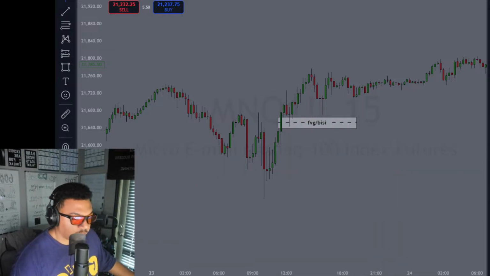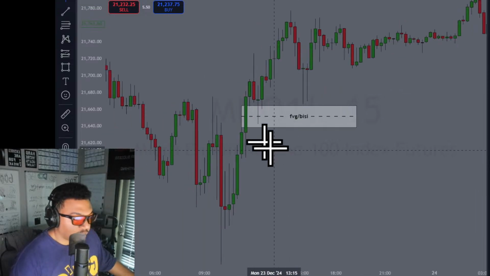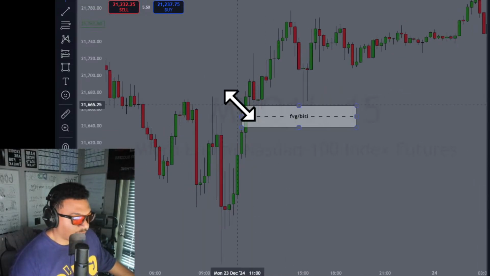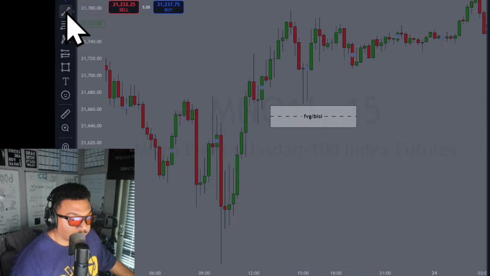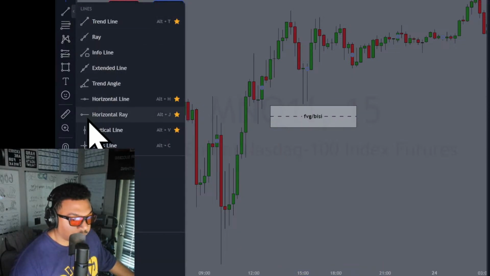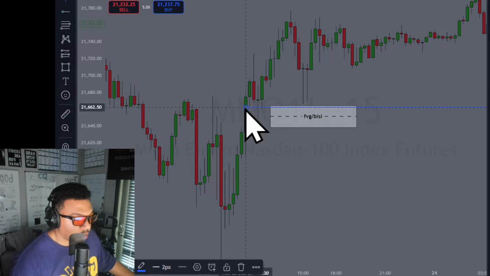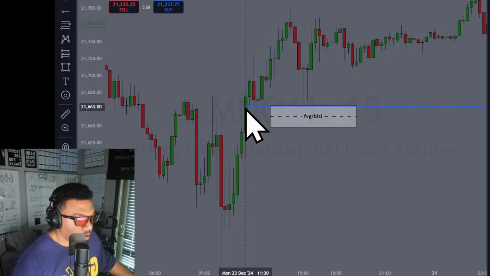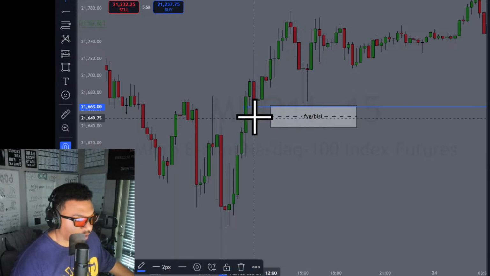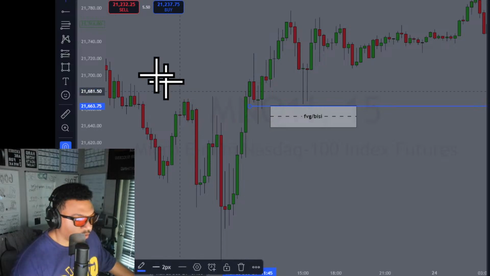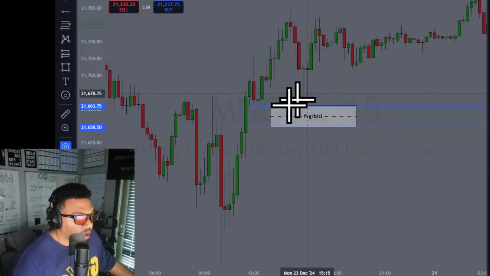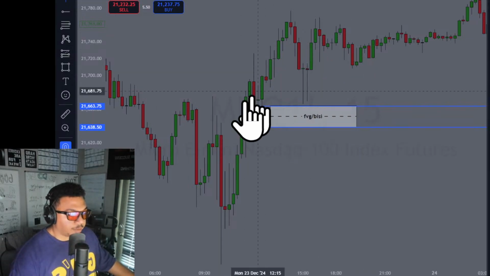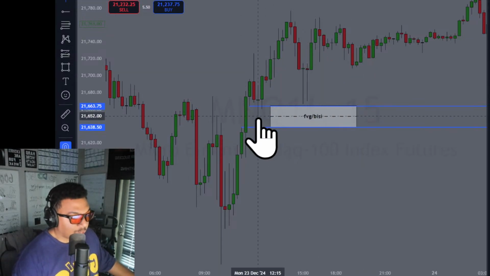Let me zoom in. You could already see it, but the candle before and the candle after did not overlap. I'm going to move the fair value gap and see. They did not overlap. They left a gap. If I put lines there, just so you can see how it would look from a line perspective. This line right here. If you turn on the magnet tool, you can actually make it hop on. So that line right there and this line right here, not overlapping, created a fair value gap, right? It's this expansive candle with a gap in between.